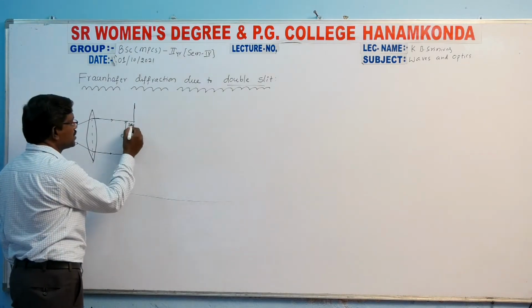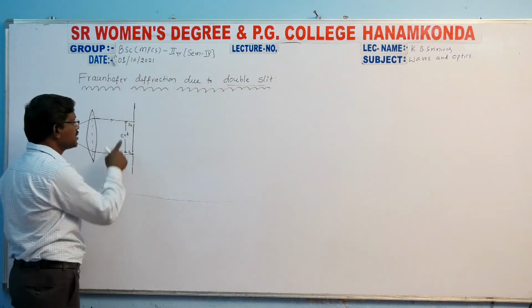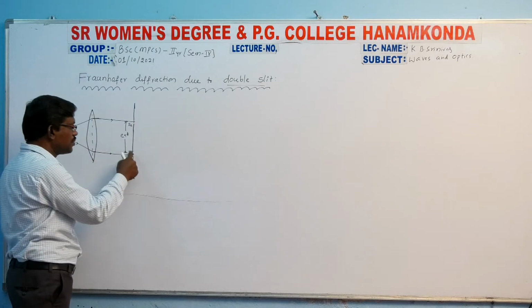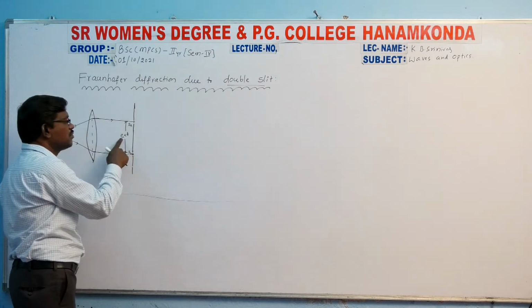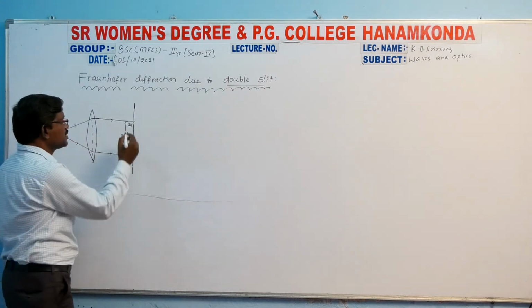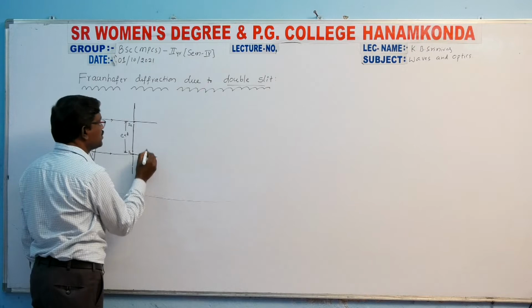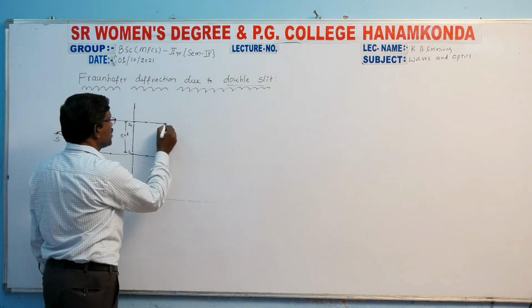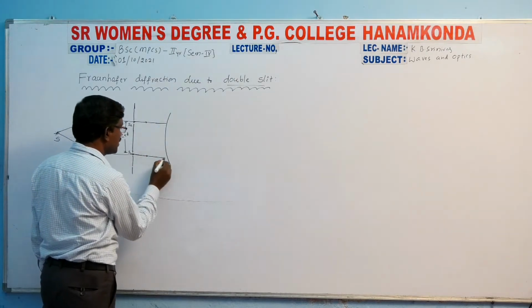The first slit I am representing by S1, this slit I am representing by S2. The distance between the two slits here I am representing by small e plus d. Width of each slit equal to small e, and opaque distance is small d. Therefore, center to center will be e plus d. So the rays which are passing through these two slits, if they are normal to the given double slit, definitely the normal rays will be focused at the center of the screen. These are known as normal rays.